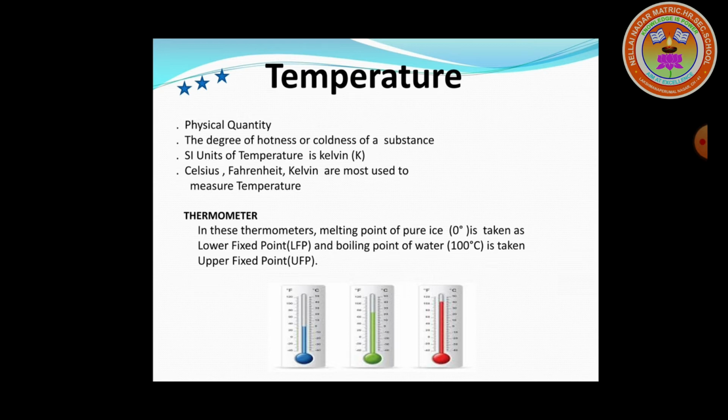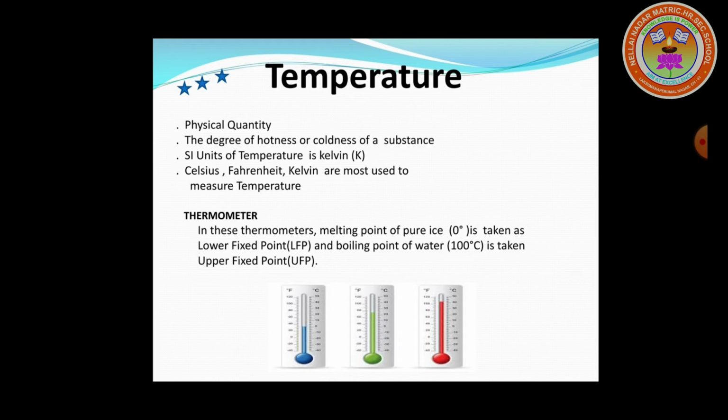In the Fahrenheit scale, the upper fixed point value is 212 degrees Fahrenheit and the lower fixed point value is 32 degrees Fahrenheit. So what is the difference between 212 and 32? Yes, it gives us 180. So the number of divisions in the thermometer graduated in the Fahrenheit scale is 180.